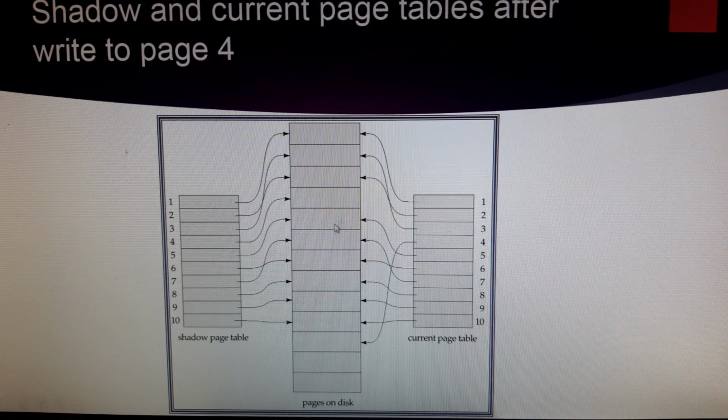So likewise, you can simply observe before commit and after commit. Before commit, the shadow page table is not pointing to the pages on the disk. After commit, both the current and shadow page tables are pointing to the pages on the disk. Likewise we can identify the technique of shadow paging, and this is similar to the implementation of atomicity, like the database pointer pointing to the old copy and new copy. Similarly, the same concept is applied here also. Thank you.